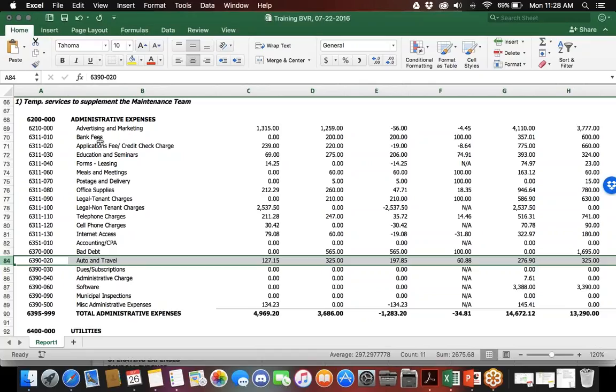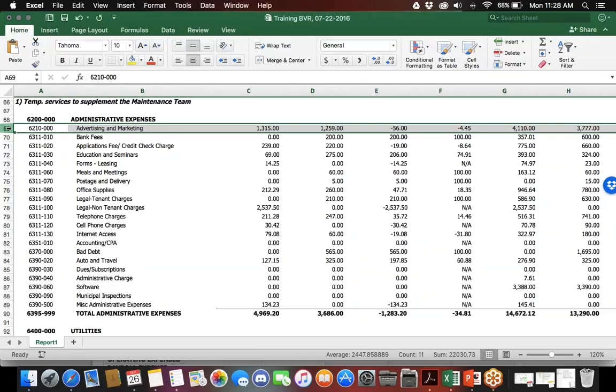Bank fees are outside of your control. You can't control bank fees, right? We budgeted $200 a month for bank fees. We spent $250 because the bank increased the fees. Do they need to know that? Probably not. Will they go ahead and reevaluate your budget next year and increase your budgeted expectations from 200 to 250? Probably. What they do want to know is if you have increased your advertising and marketing,